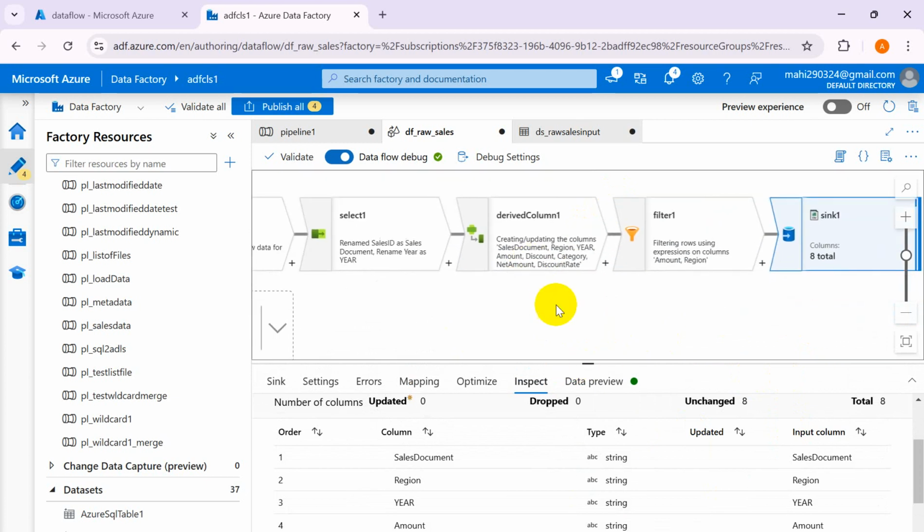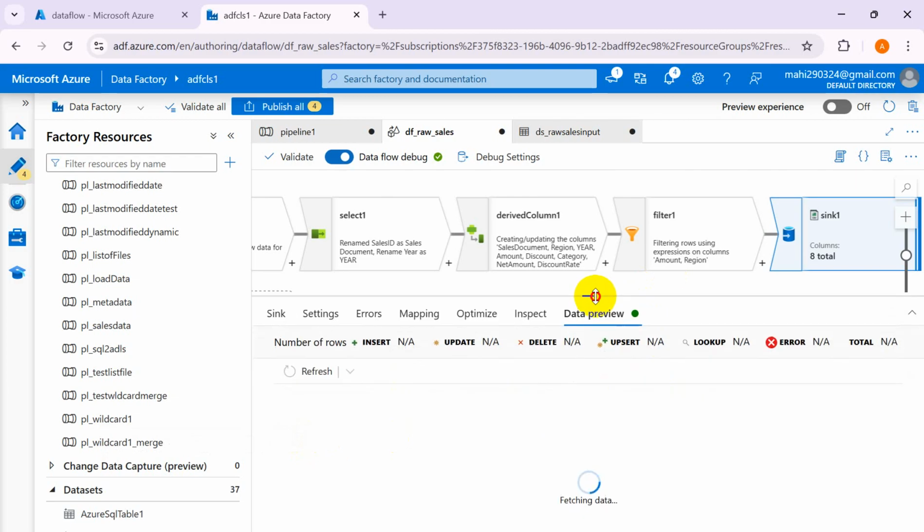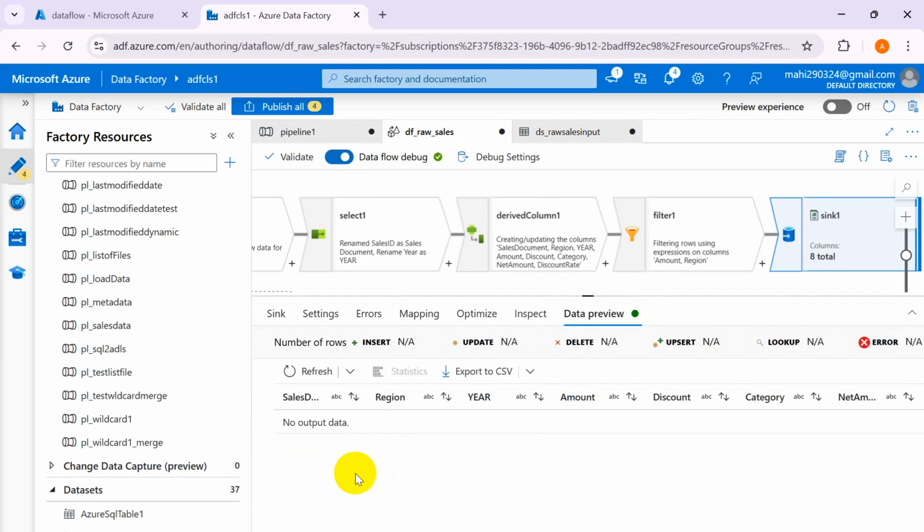So you can see the sink, and the last thing before generating the output in the CSV file, you can see the data as well. So you can hit on refresh